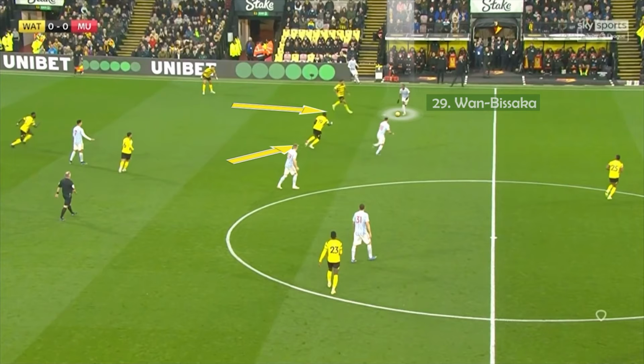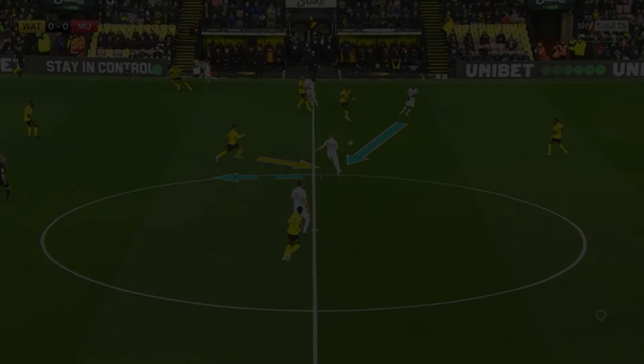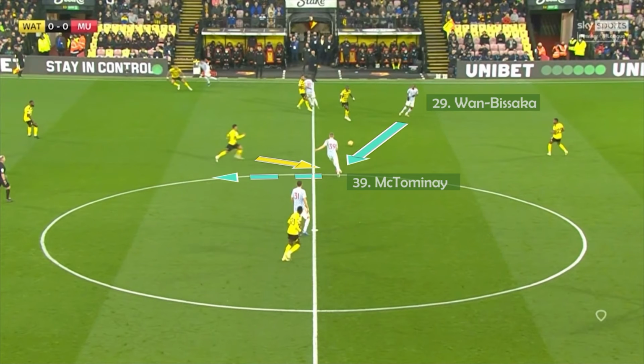Watford, as you can see, have two players moving towards the ball, but not especially aggressively nor effectively, and United can pop the ball between them, again moving fairly quickly up the pitch. Wan-Bissaka then plays the ball into the feet of McTominay, who moves to the left-hand side of the defender really effectively, having feinted to move forward and then to move to the side, thus enabling United to break into the